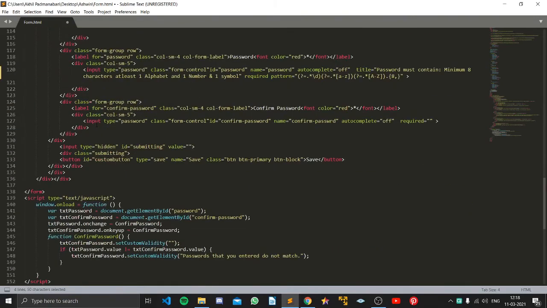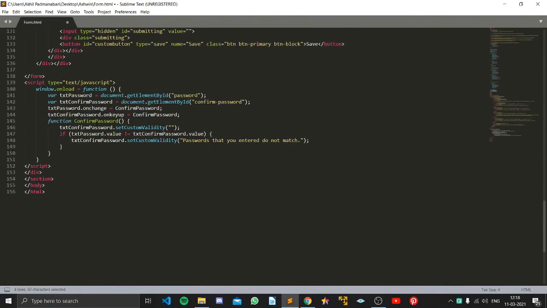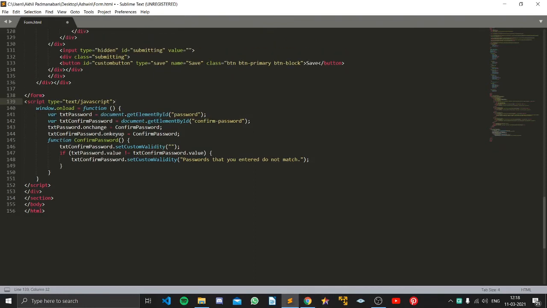The code is very simple. Then I have added JavaScript code in here. Here I have used almost HTML, CSS, JavaScript as well as Bootstrap. So script type is equal to text/javascript. You can even give it in another file, but I have given it here itself. The function I am creating is window.load. When we load the window, we will call the function.